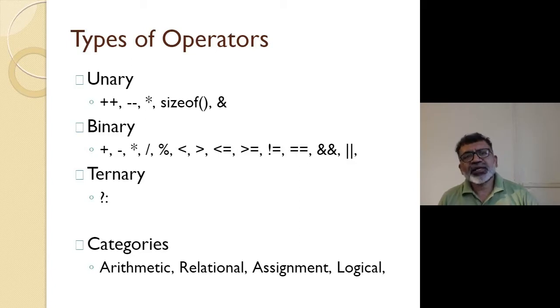There are various categories of operators, like arithmetic operators, which we are going to see in the first chapter. Then there are logical operators, there are relational operators, right? There are assignment operators, there are bitwise operators. So, a lot of categories are there. In all, 6 to 7 categories are there. Somewhere 50 plus operators are there in C language.